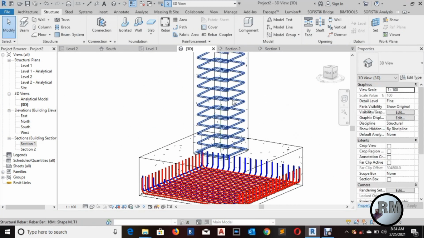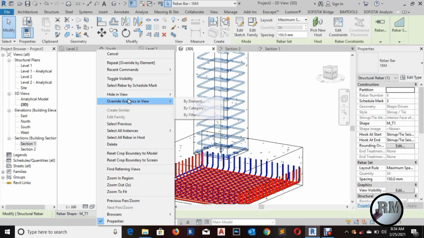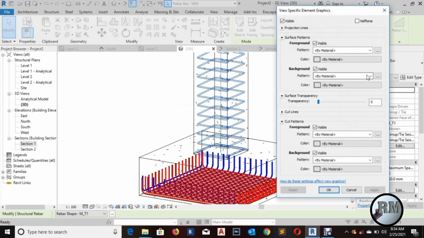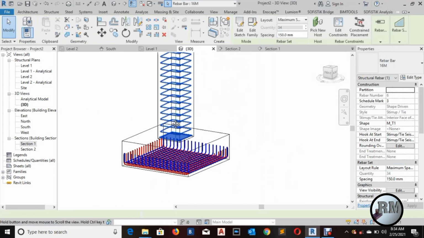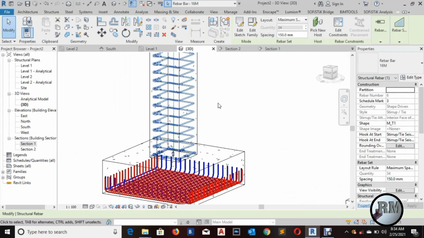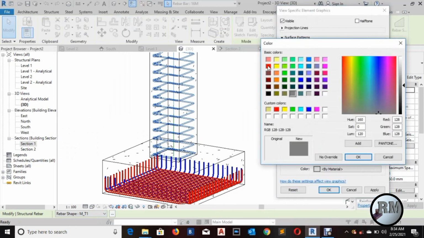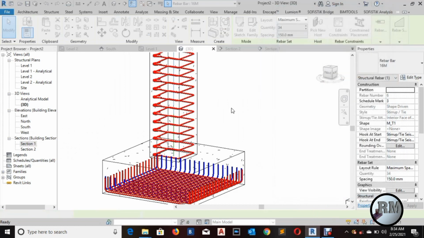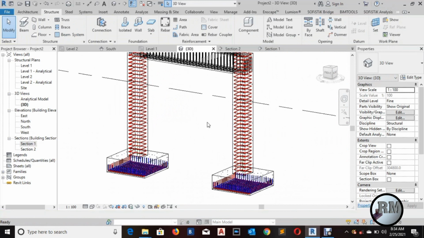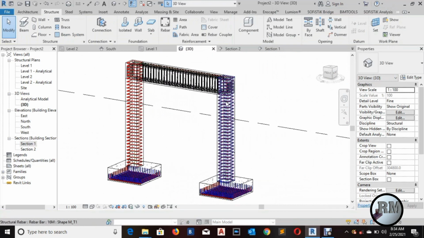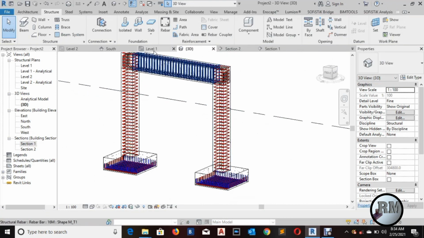Now for the stirrups, column stirrups, you can just select them, right click, override graphics in view by element, background, pattern solid fill, color, make them red, apply, okay. The same thing for these stirrups also. Now of course our column requires some vertical bars. We can just go to the section 1,